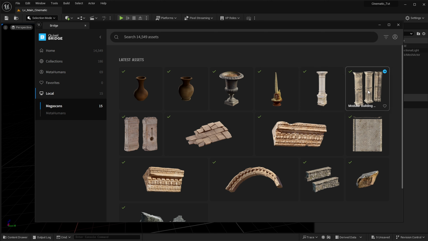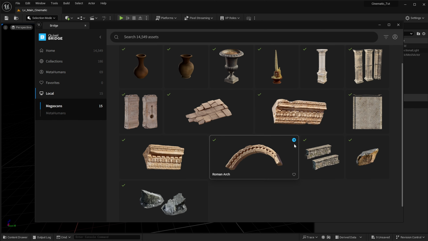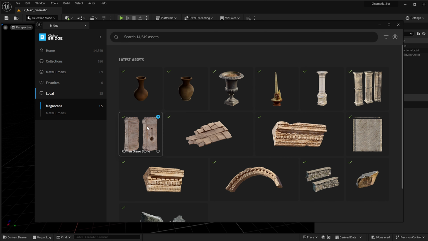So, if you start searching in here: Roman stone floor, old candle, Roman trim, cobblestone, Roman arch, all these things, I've got them downloaded so I could use them in this particular project, depending on how the scene was going to play out or pan out and so on. And I'm going to show you just how to get an asset